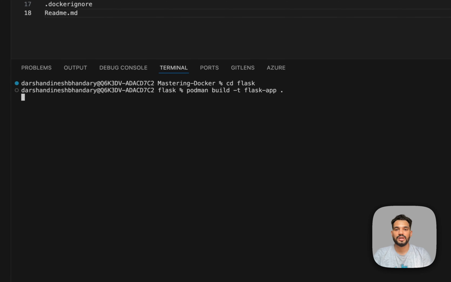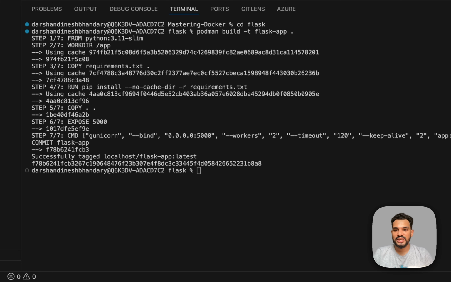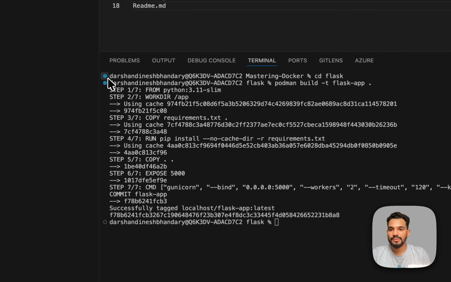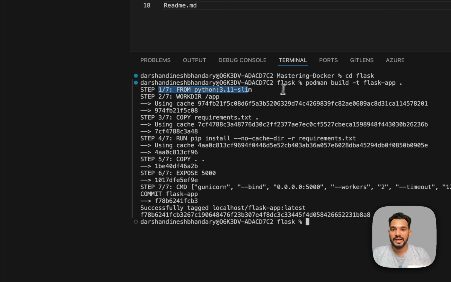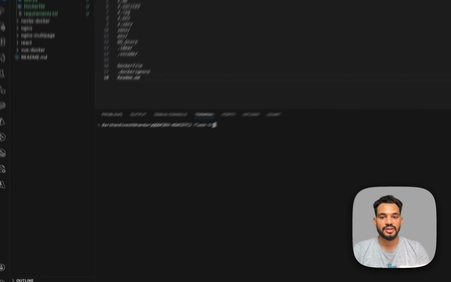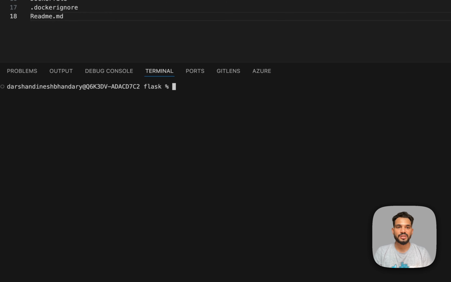So let's wait for our image to build. Here you can see that my Docker image is built successfully. So the Python 3.11 is pulled. Then I have used the cache directories. Then I have tagged it as flask-app:latest. Now I'll just clear the terminal and now I'll be using the image which I built just now to run